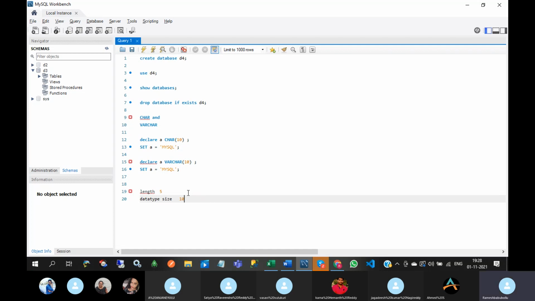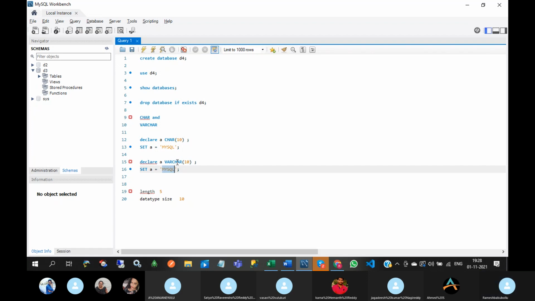If you use char of 10, it will allocate 10 bytes to store the word MySQL. If you use varchar, it allocates only 5 bytes. Why? Because we are using varchar.